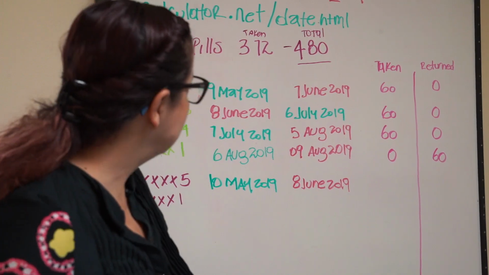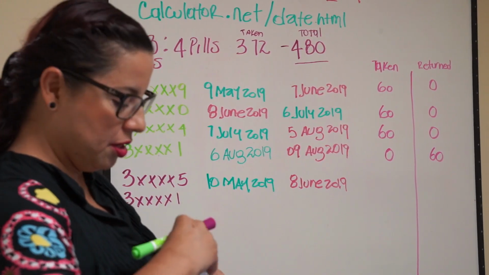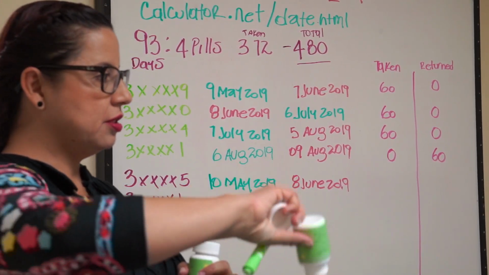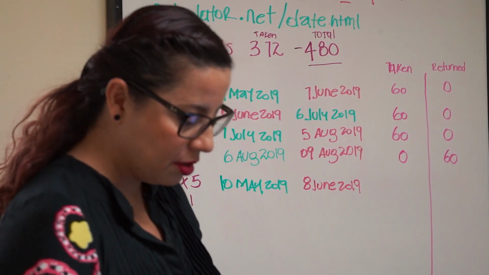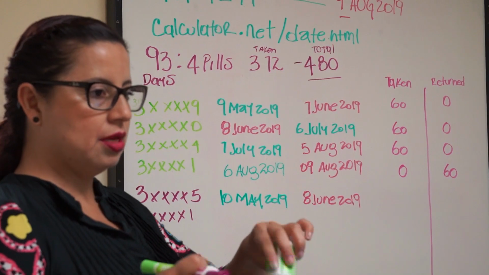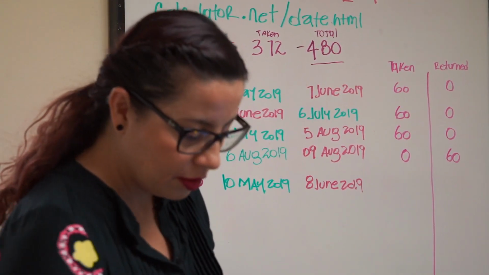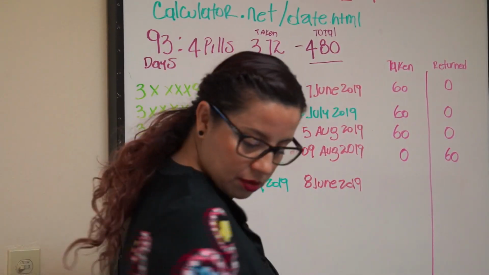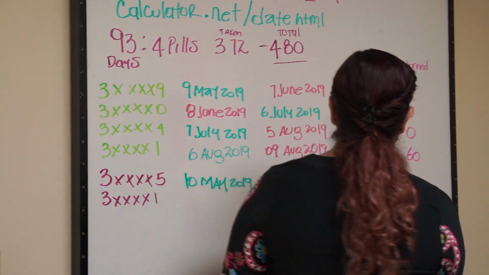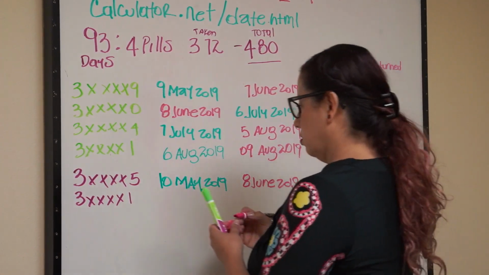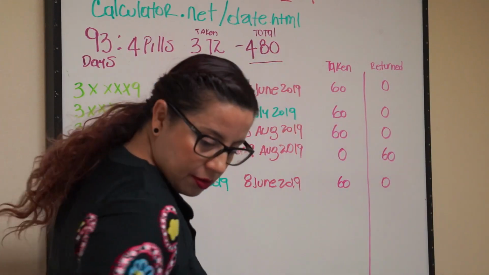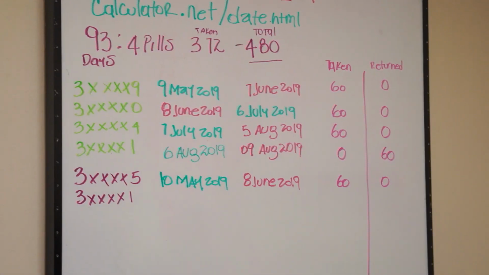And actually the same, I forgot to show this one, the patient took everything. So it's 60 and 0. And then this one, same. 60 and 0. And then this one is,